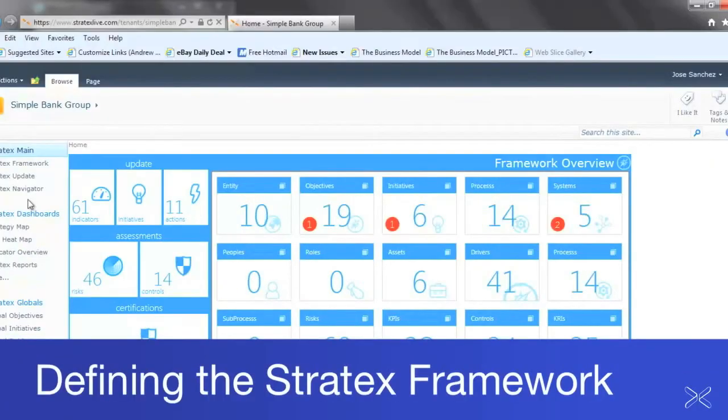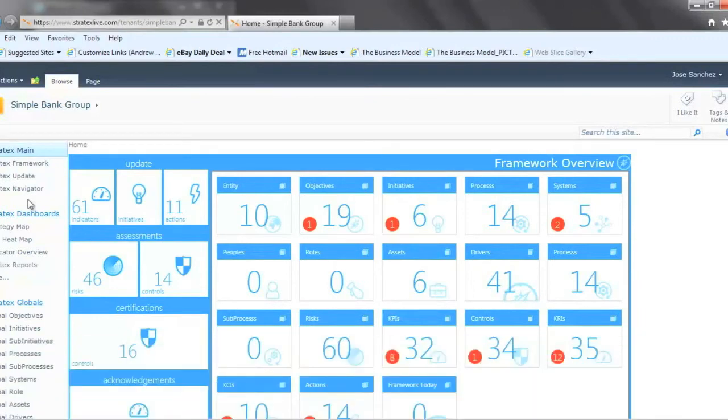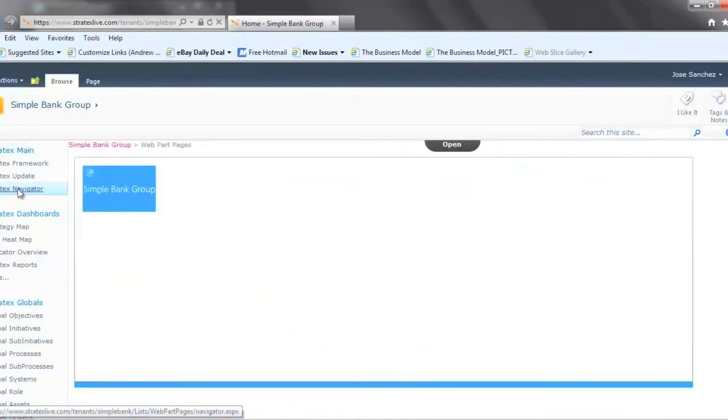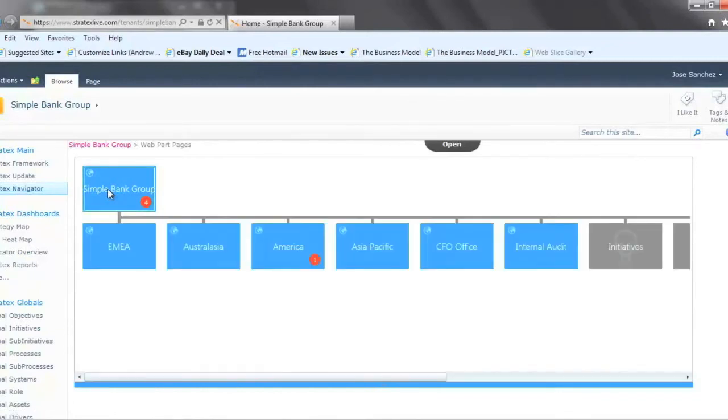We'll start by looking at how we define our organizational structure, how we define our strategy framework, how we define our risk framework. And that is done through the Stratex framework, and it's visualized through the Stratex Navigator. So let me paint a picture of what you're trying to achieve, and then we'll actually show you how you go about doing that. So starting by looking at the Simple Bank Group, if we double click on that, we can